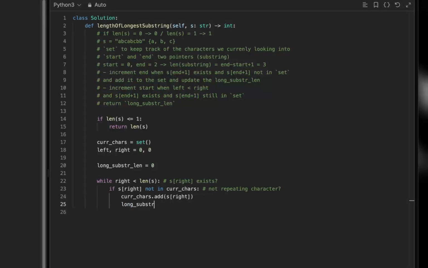We can update longest substring length. That's going to be the maximum between this one and the new length, that is right minus left plus 1. There we go. And else, so if right is not a new character, what we do is while left is strictly less than right, if not, we are not going to increment